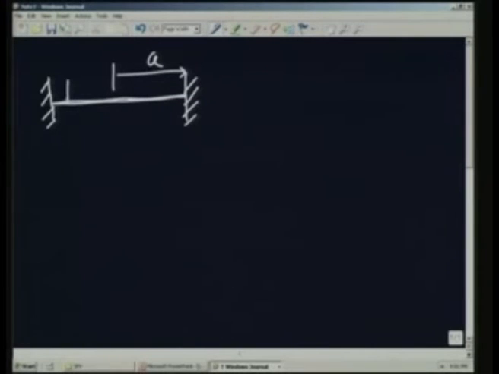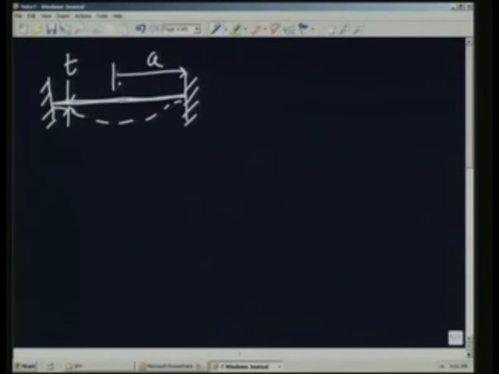So, if you have a diaphragm, I think I referred to it in the last lecture itself. You have a diaphragm which is fixed at the periphery, and it has a radius of A and a thickness equal to T. This diaphragm is subjected to a uniform load. That means that pressure is acting on the two sides. One side is high pressure and the other side is low pressure. So, the diaphragm is going to undergo a change in shape. So, we expect something like this to happen.